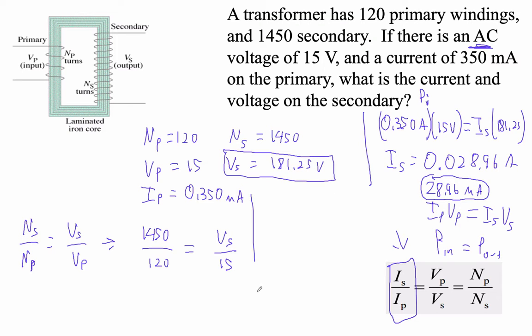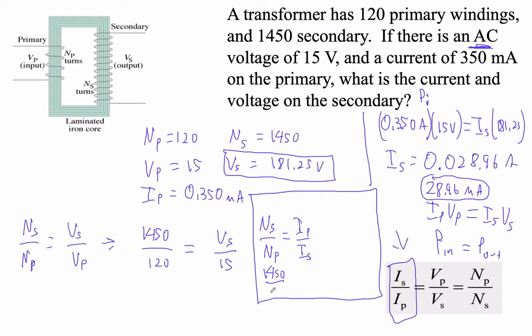Okay. Now another way to do that is to just use the inverse, right? So N secondary over N primary is equal to I primary over I secondary. So we put in 1450 over 120 is equal to, the primary is 0.35 and the secondary is, we don't know. Okay, so I'm going to go 0.35 times 120 divided by 1450, and I get exactly the same thing. I get that the I secondary is 0.02896